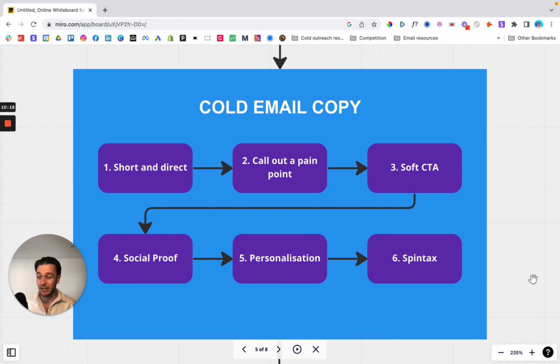Once you've got everything set up, you've got your lead list, you're going to need to go ahead and start writing cold email copy. Now, this is a very basic 6-step guide to having successful cold email copy. It's not perfect, but it'll give you a good foundation of how to structure it, because once you understand the structure of a good cold email,